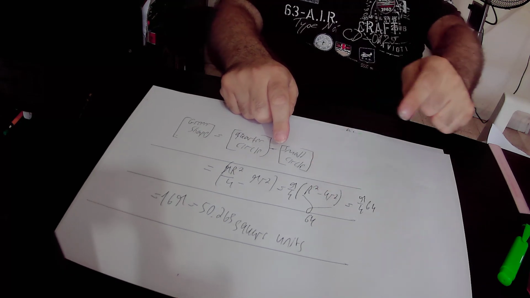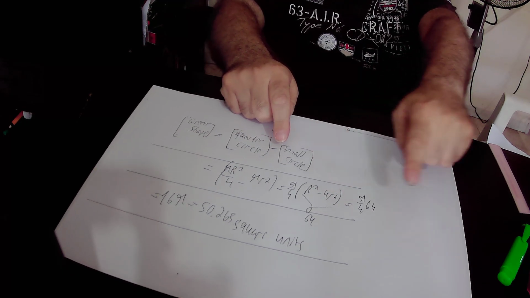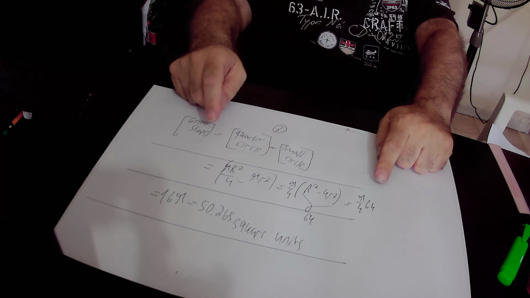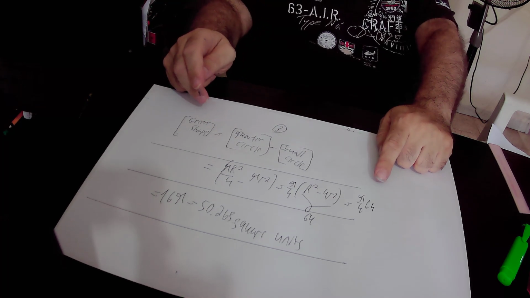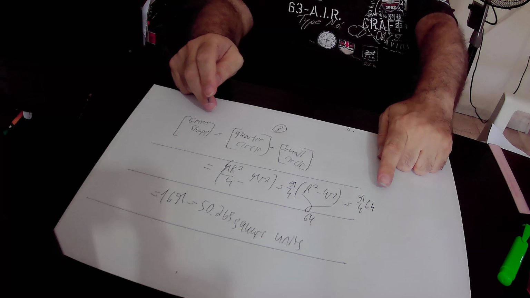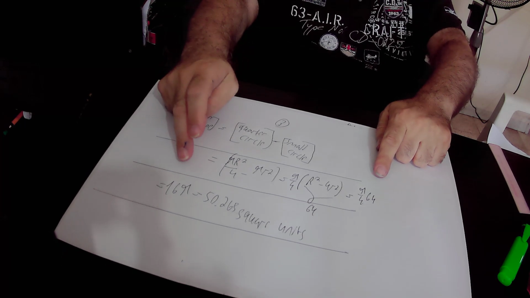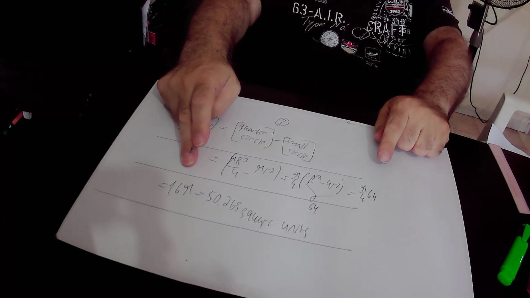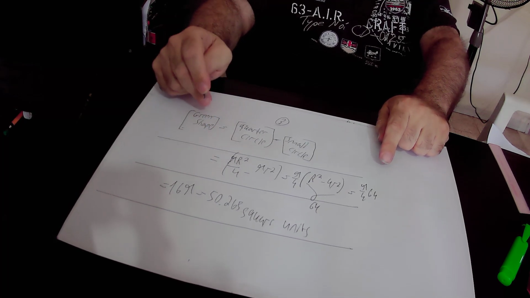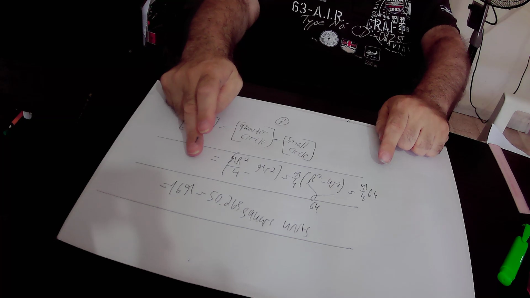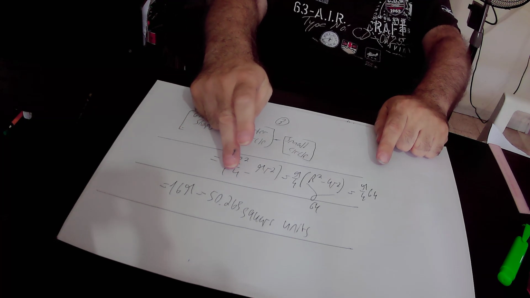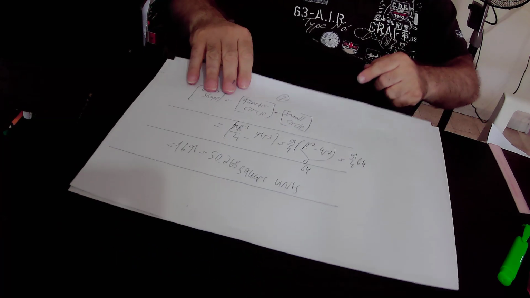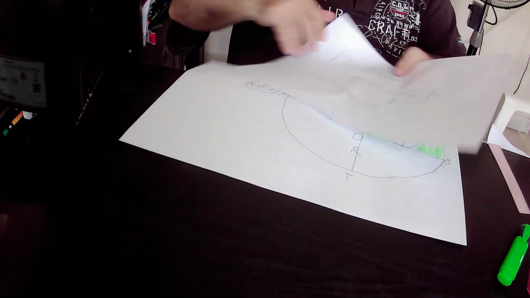But this expression equals 64, so we can substitute this expression by 64. We did it and we got that the green area equals pi over 4 times 64. 64 over 4 is 16, so in total this expression equals 16 pi. So we found out that the area of the green shape equals either 16 pi square units, or in terms of numbers it is equal to 50.265 square units. We finished with the second method, and I presented to you how to find the area of the green shape